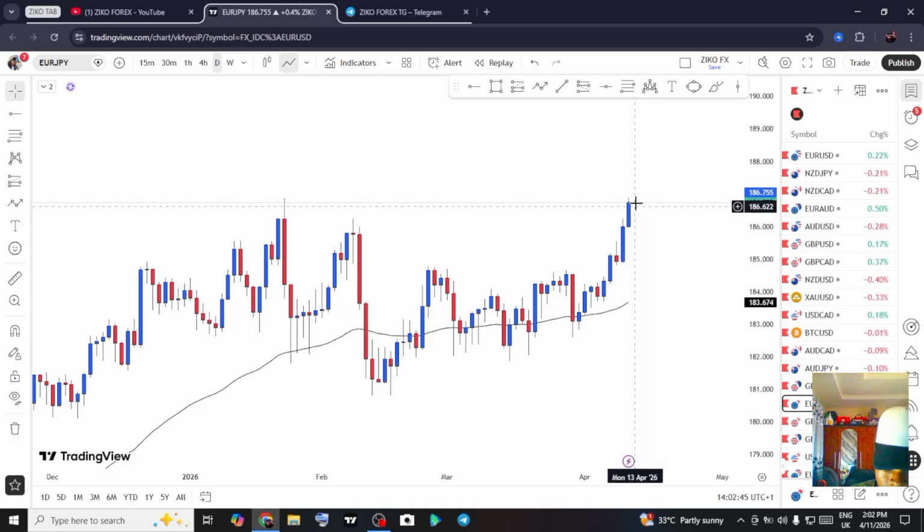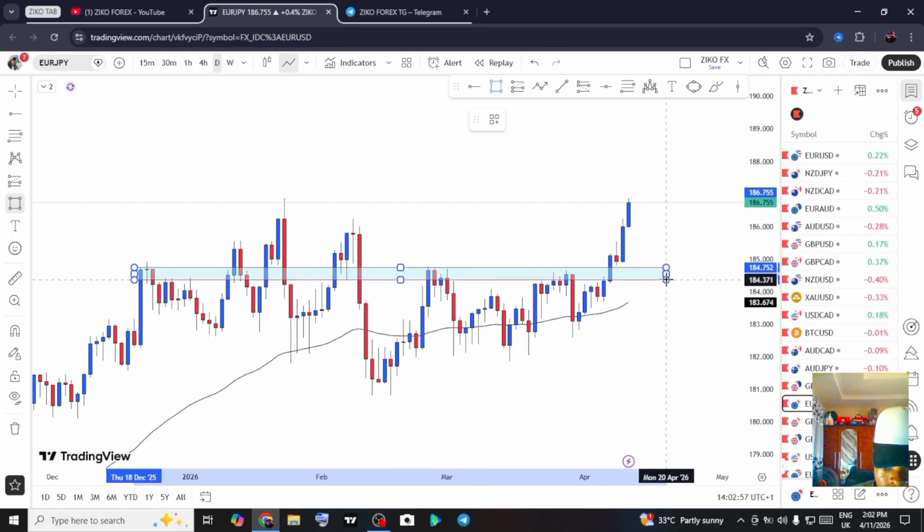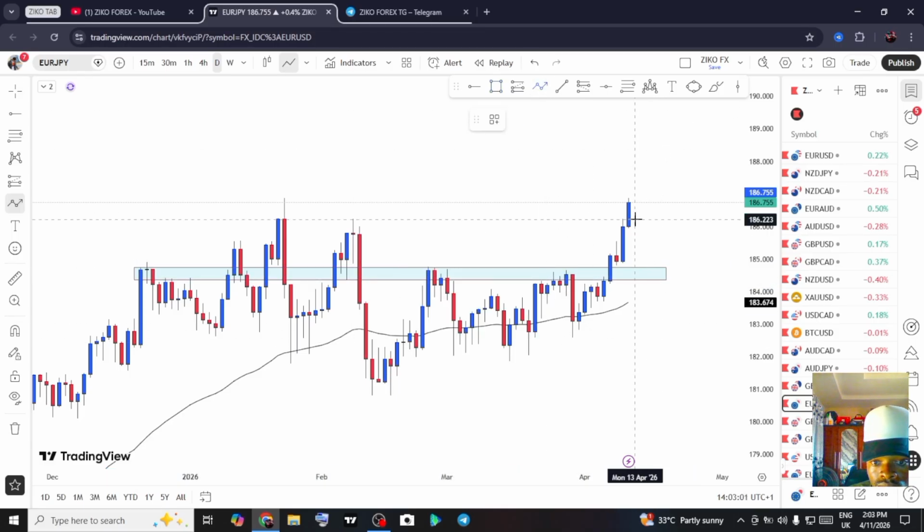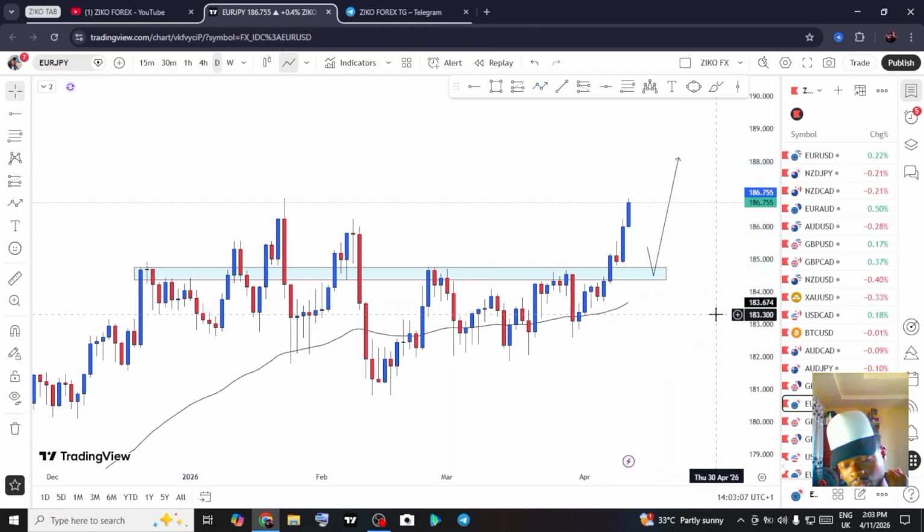Euro JPY is pretty much at the highest point in the market, right? We could look for a retracement to around this level to potentially buy, but do I think it's going to happen this week? I don't think it's going to happen this week,